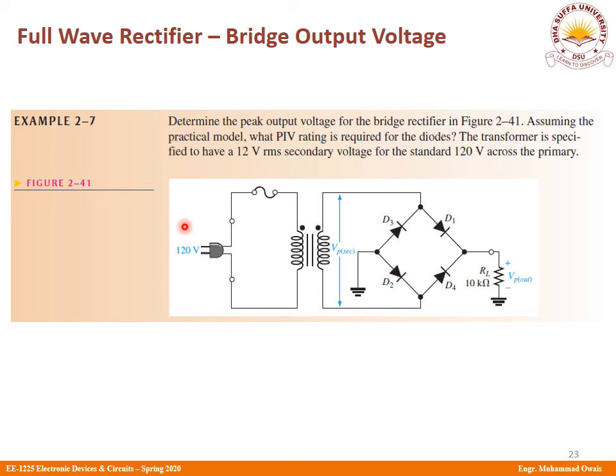अच्छा जी, सेकेंडरी के ऊपर जो RMS वैल्यू है, this is 12 volts और प्राइमरी पे 120 है, तो टर्न्स रेशियो कितना हो गया जी? It is simply 12 divided by 120 equal to 0.1. Okay, so 1:10, or 10:1. So 10 is on the primary side and 1 on the secondary side, a step down transformer. आप सिंपली इसे रिलेशंस के अंदर जब पुट करेंगे, जो हमने पीछे डिस्कस किए हैं, बहुत आसानी से आप पीक इनवर्स वोल्टेज भी निकाल लेंगे और पीक आउटपुट वोल्टेज भी निकाल लेंगे।